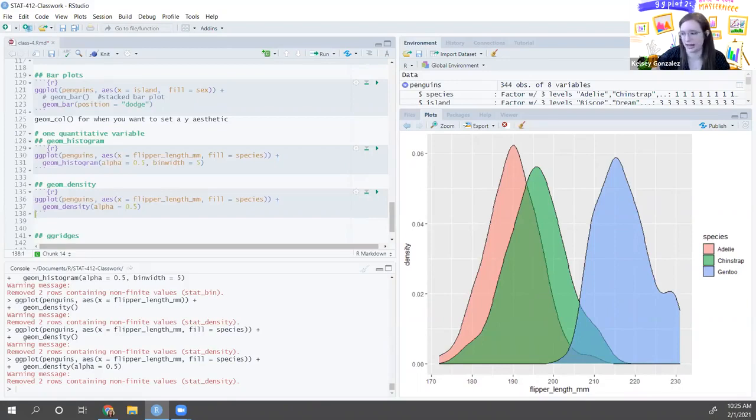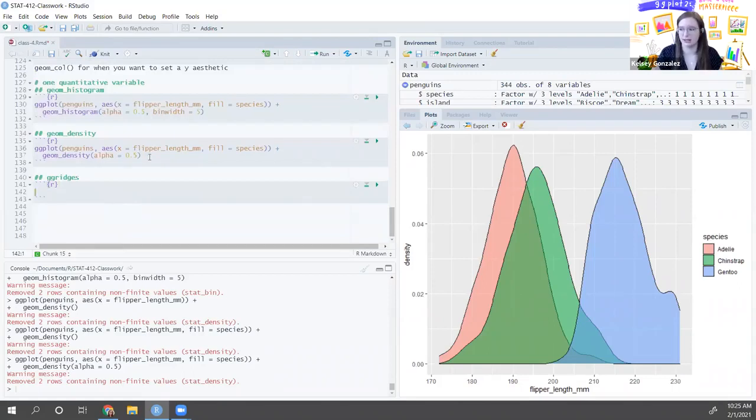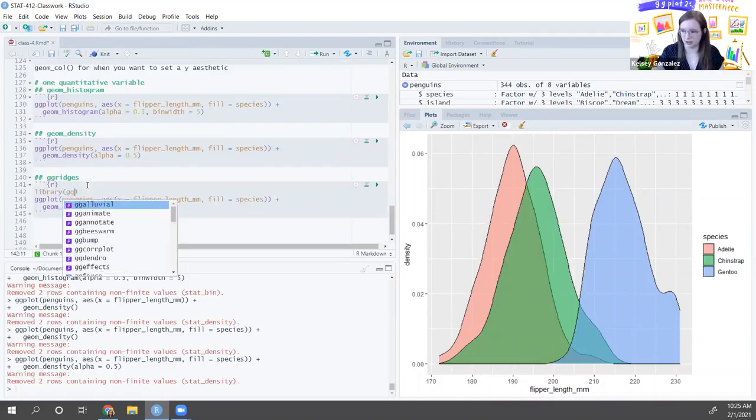One other one that I quite like is ggridges. This one also comes from an external package. There's a lot of external ggplot packages that add cool functionality to ggplot, like gganimate, for instance, lets you make animated plots. ggridges, library ggridges,